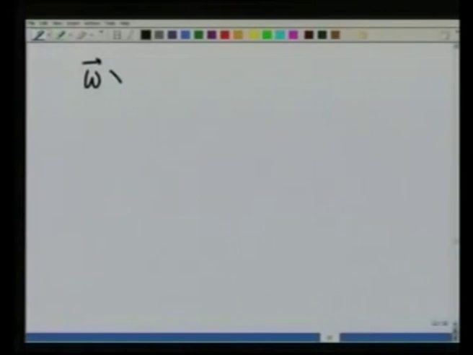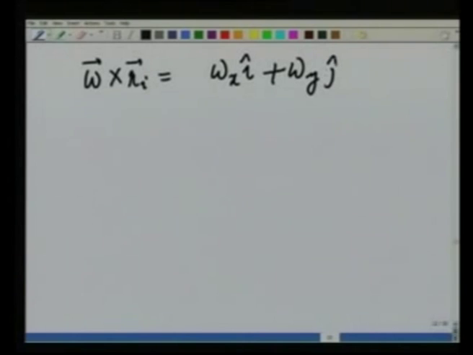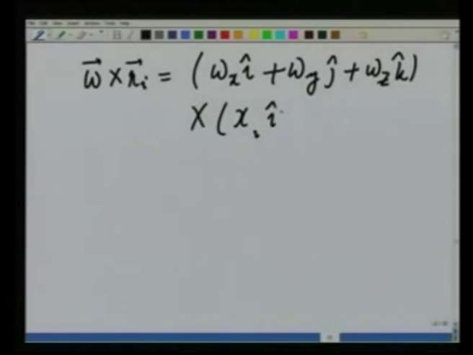So, let us write omega cross Ri first, which is nothing but omega x in the x direction, omega y plus omega z, cross xi i plus yi j plus zi k, and this comes out to be